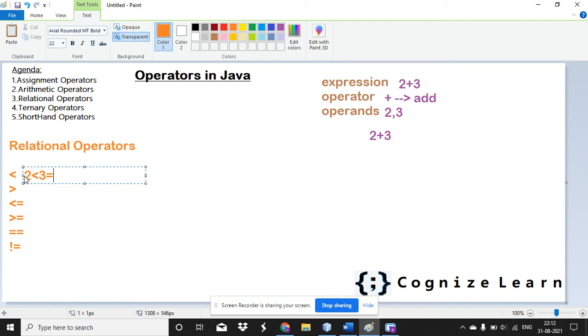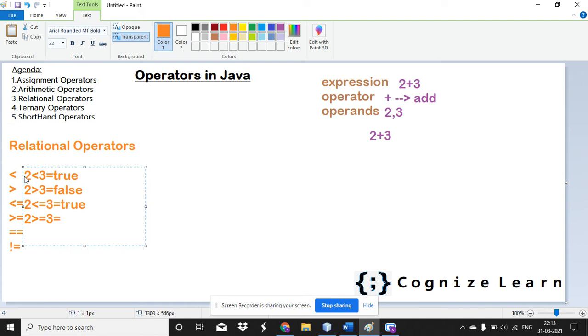Okay, note it down. So 2 less than 3. True or false? It is yes. Obviously 2 is less than 3. So here comes true. And 2 greater than 3? It is not. The condition fails. So we are writing it as false. And 2 less than or equal to 2? Yes, it is less than or equal to. So it is true. And 2 greater than or equal to 3?